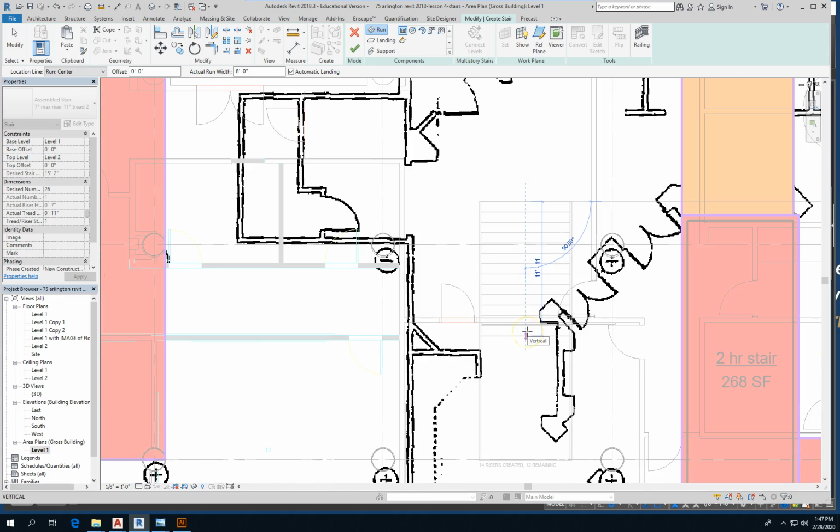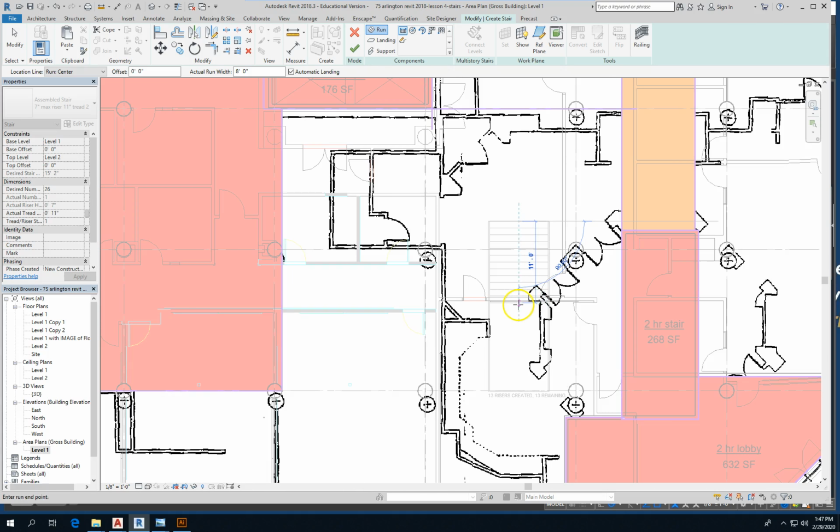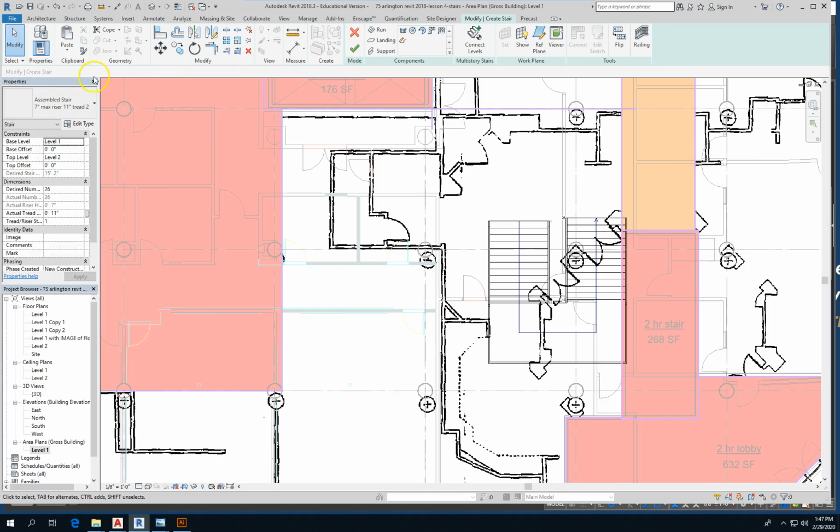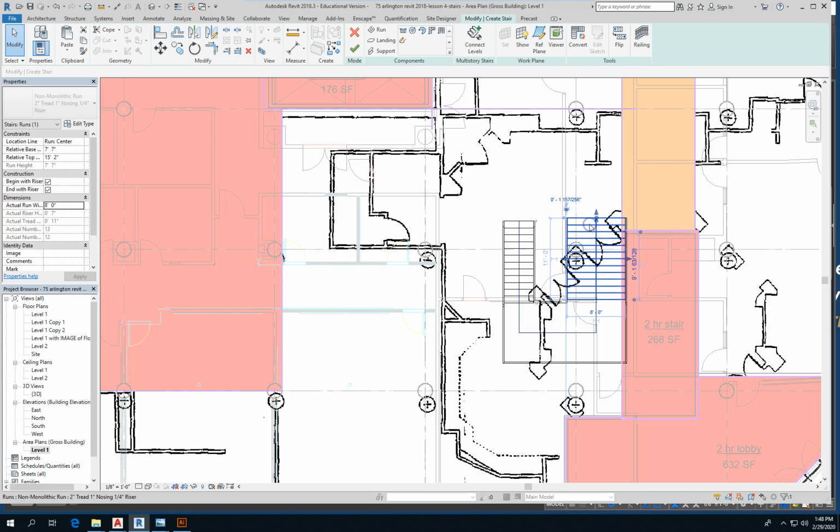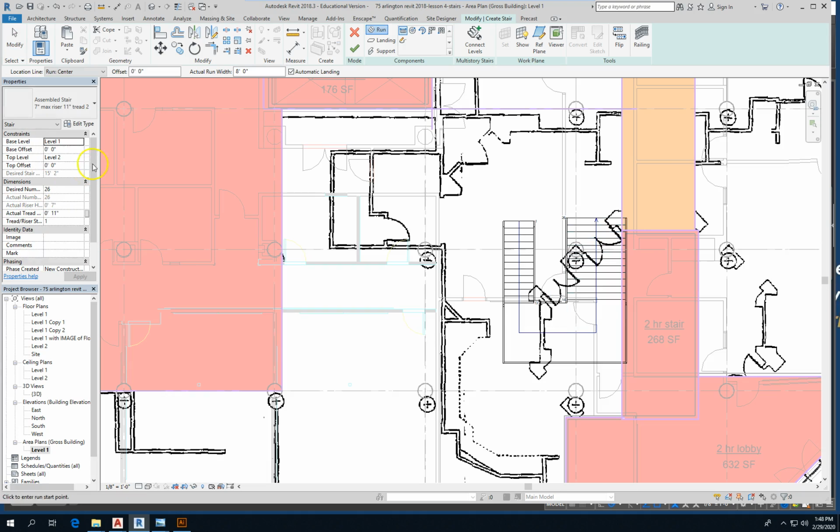Alright, we'll split it up and then change. 13 and 13. And we're going to run width to 4, width to 4,